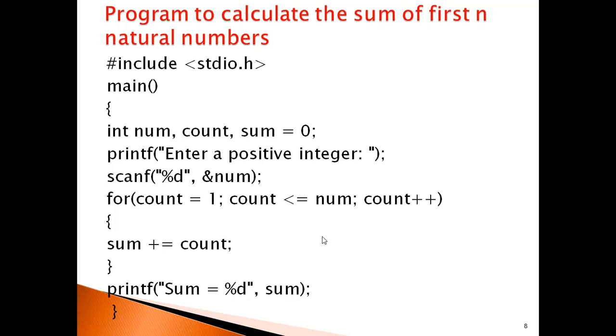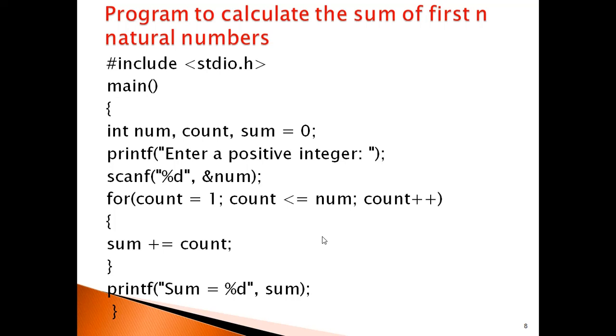This is the shorthand form using the compound assignment operator: sum plus equal to count. The meaning is sum equals sum plus count. It adds the sum with the count value, and that resultant value is stored in the sum variable.